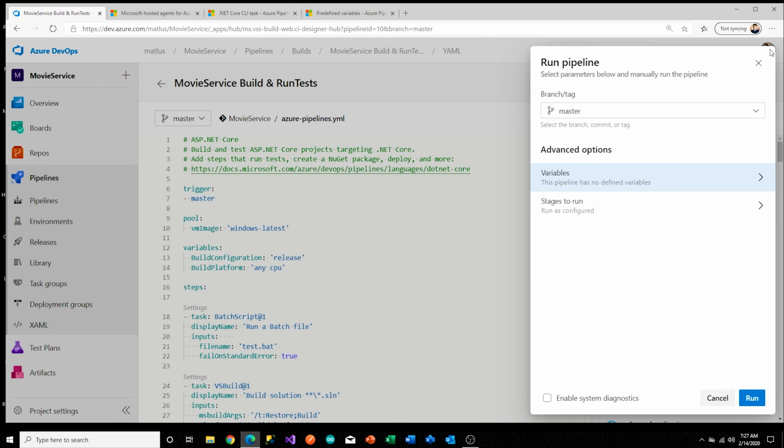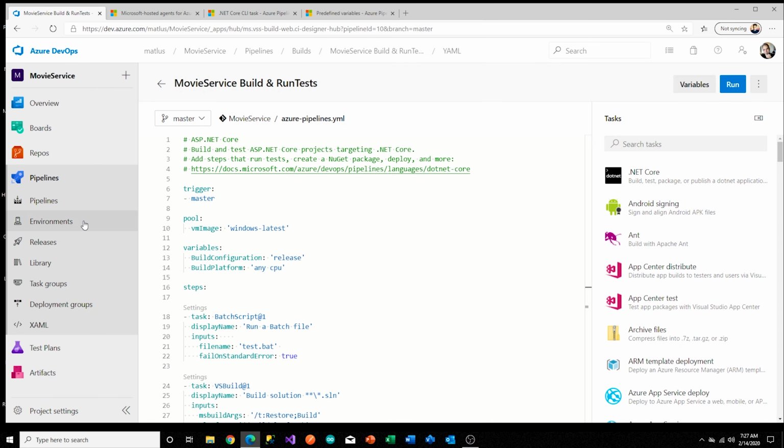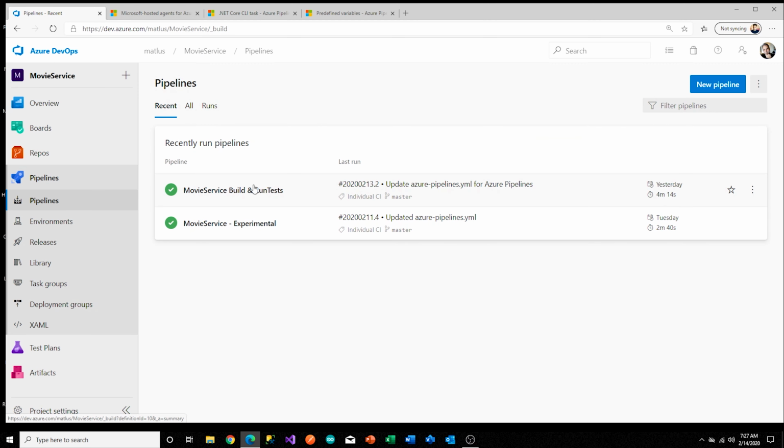But as I said, in my case, I needed the database project and so on. So I'm not going to pick any different options here. I'm simply going to run it. So I could run it from here, or if I went to my pipelines and I clicked on this here, or just from here, I can say run this pipeline. So there's many ways to run the pipeline. So I'll do it from here